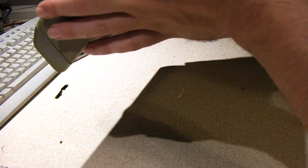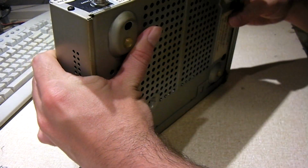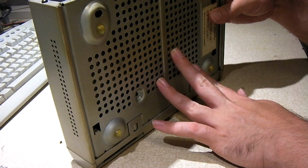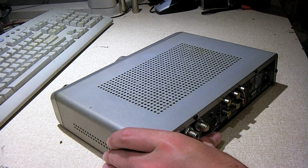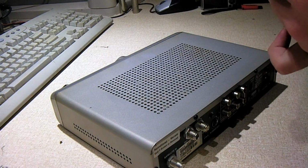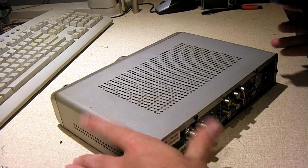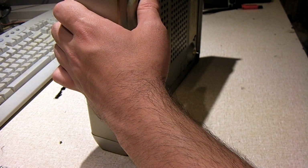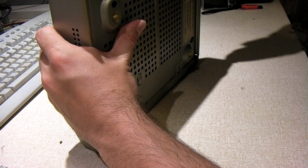So, let's get started. Just to get inside we're going to take this panel off, but to get the circuit board out we're going to have to take off several other things. We'll get to that. So, we'll just pull up the Torx bit on this thing here. And we should be able to get these screws out. These are not security bit screws. It's interesting, some of these set-top boxes actually have security bit screws on, which is crazy. But anyways,